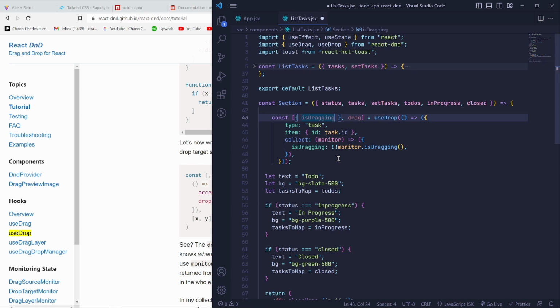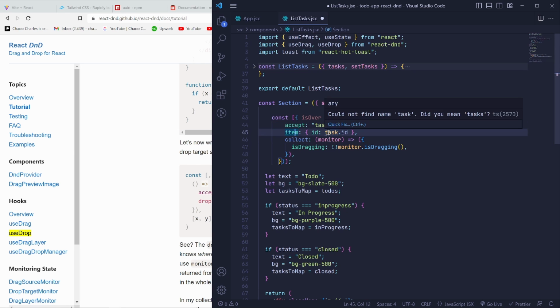Now here, instead of isDragging, we will be having isOver. Whenever we are over a certain part, then here instead of drag, we will have drop. Here instead of type, we will say accept task. Here we'll have a drop property,